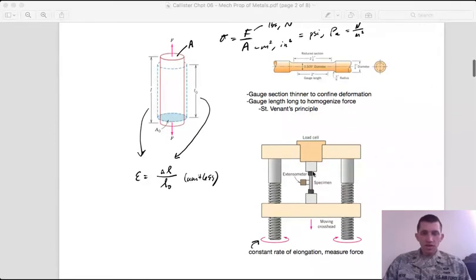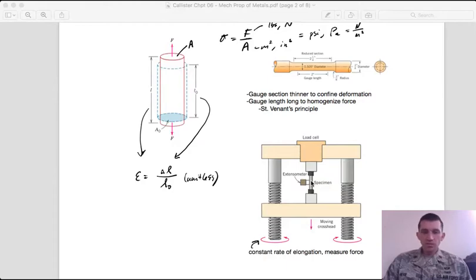You can imagine if you had these threads cut into the outside of the rod, the force would be transmitted through the contact surface of those threads and wouldn't necessarily be uniform right at the end of this gauge section. But as you move away from that irregularity,